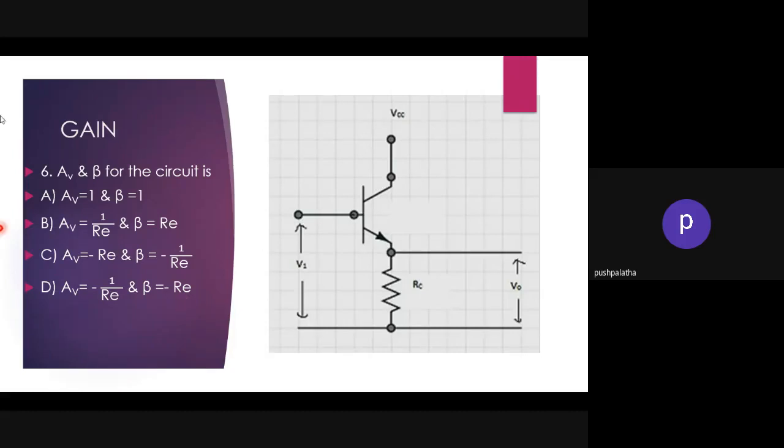And I always insisted you to observe the circuit first. You just go for the option, then you go for the calculation. Okay. See, first let me observe the circuit properly. What kind of a circuit is it? All of you please check what kind of a circuit it is. It is a common collector circuit. Look at where we have taken the output. This is a common collector circuit.